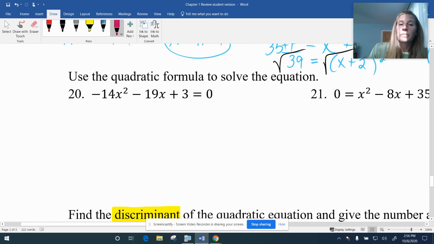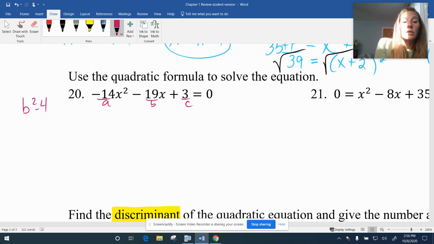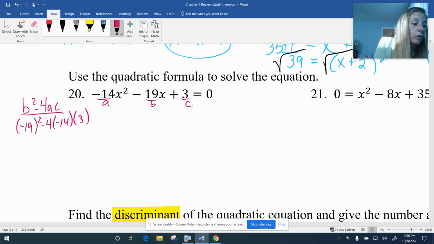So for the quadratic formula, right, we have A, B, and C. Now, I would advise you to find the discriminant first because that actually gives you useful information, and it's already got most of your quadratic formula simplified down to a pretty good place to work with. So we have negative 19 squared minus 4 times negative 14 times 3. So my discriminant for this here, you should get